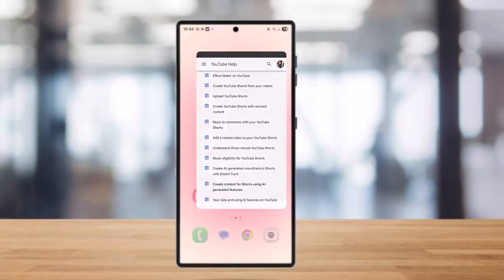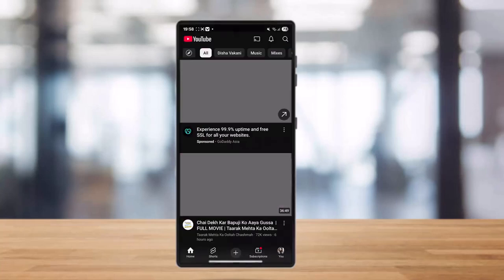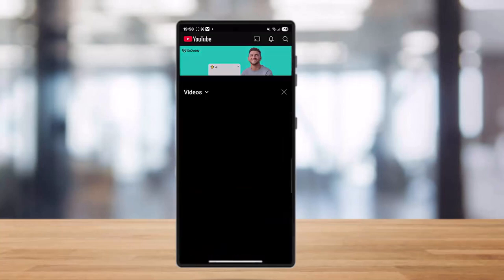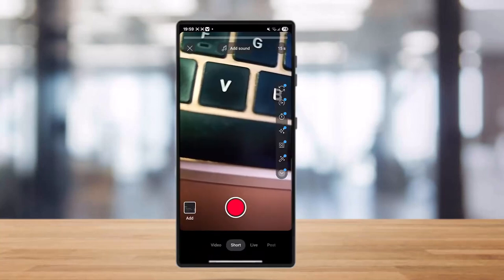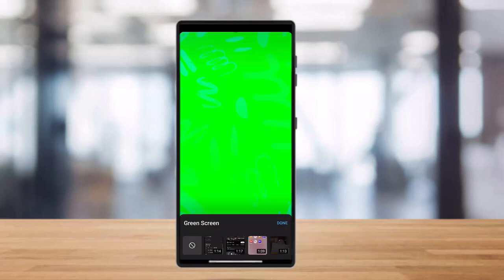So simply open the YouTube application and tap on create. Once you tap on create, you can simply tap on the green screen option. Now once you have done this, you can simply choose the Dream Screen, that is a pink sparkle from the